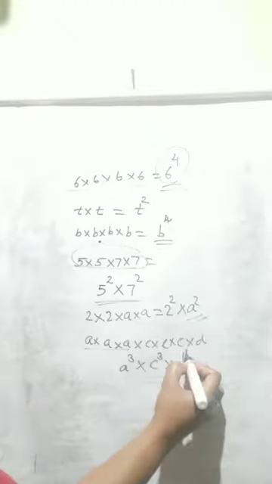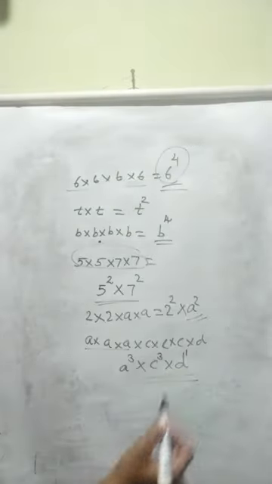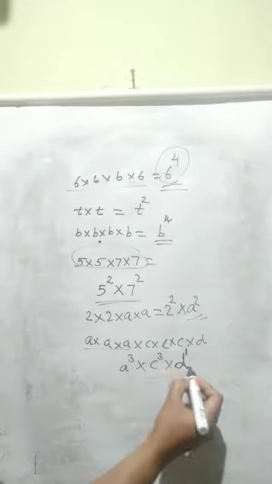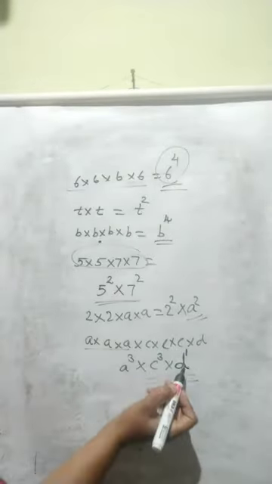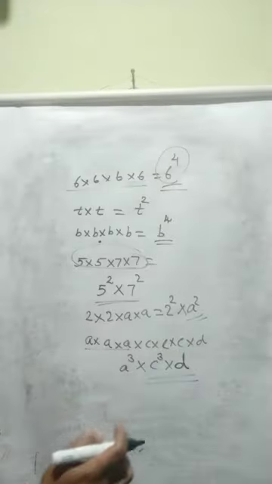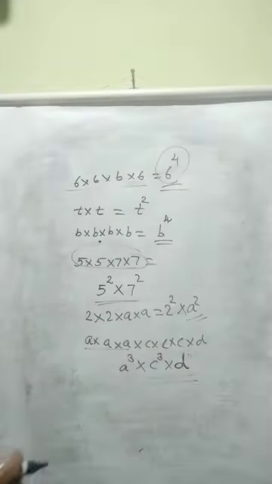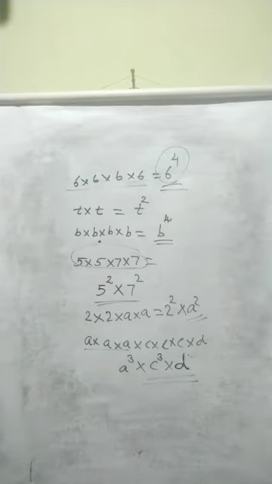For d, nothing is there as a power. If there is no power, we have to think of 1. That is d multiplied only 1 time. So d raised to 1. But the answer will be the same. So if 1 is the power, we don't need to write it. We don't need to mention that. If you write that, no problem, we can write it.